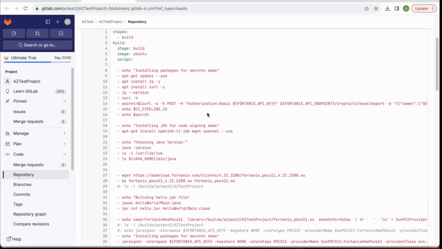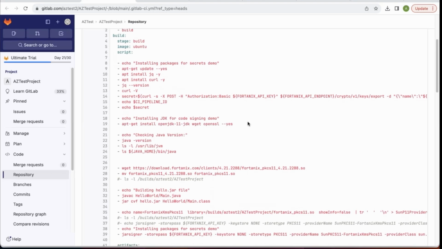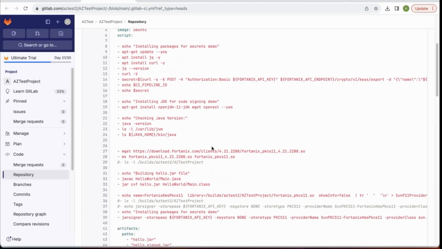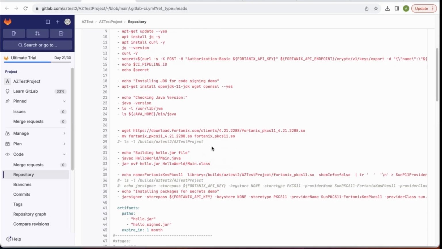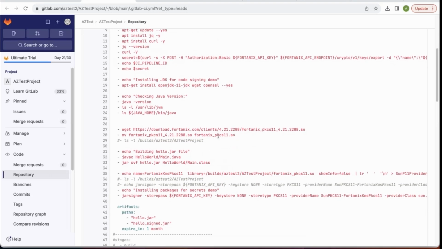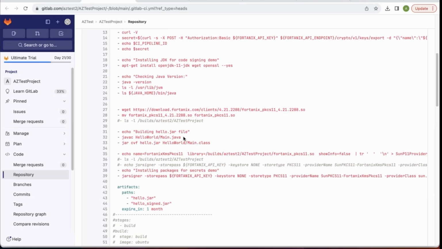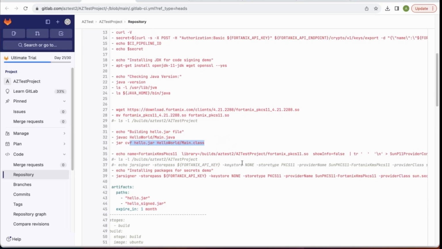and this will return me the secret value. After that, to build a jar file, I make use of Fortanix PKCS11 library. So I download that library. And after that, I compile my Java code, build my jar file, set up some configuration, which essentially tells the location of